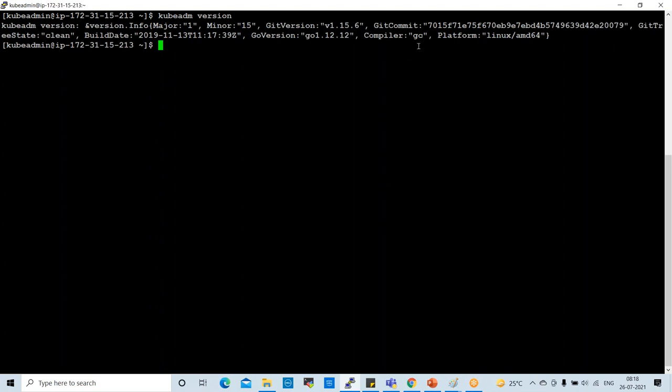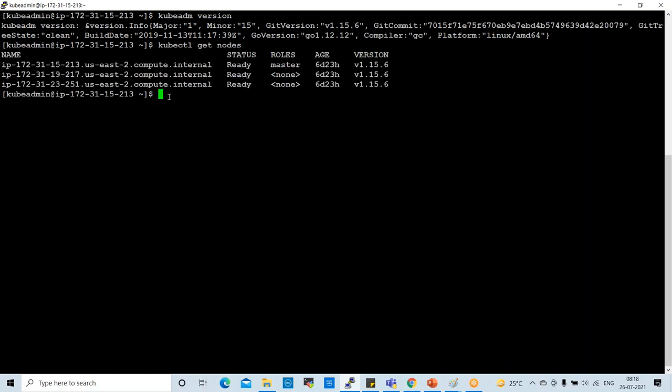So this is the command to check the kubeadm version. You can check the details of your kubeadm like this. After that, let me check whether nodes are available or not. kubectl get nodes. So 3 nodes are in running state, right?